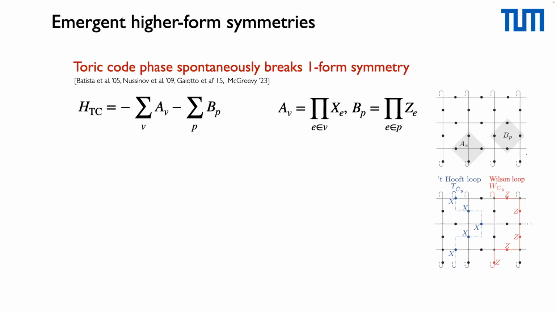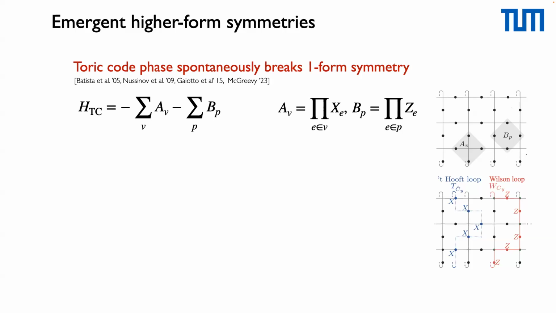So now we just go back to the Toric code model as we discussed it before, and we realized it on the quantum computer. And this was actually what drove this project, because we were interested in different ways of, for example, detecting topological order. So we take the Toric code model, defined as before, with a slight difference that I exchange x and z, because I want to match the common convention used in lattice gauge theories. So we have the A terms, which are products of x's, and the B plaquette terms, which are products of z's. And now it's not hard to see that this Hamiltonian commutes with